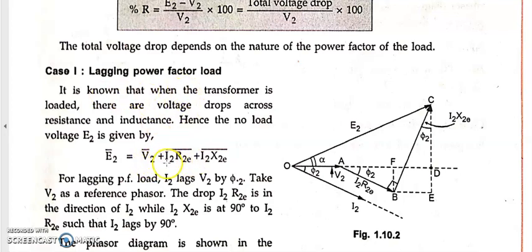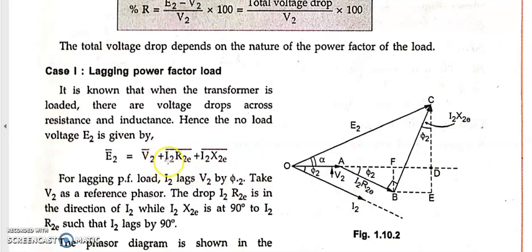We know that a lagging power factor is there, and obviously I2 should lag V2 by a certain angle. Yes, because lagging power factor is nothing but an inductive load, and current lags voltage by a certain angle. After drawing V2, I have drawn I2 over here, believing that the phasor is rotating anti-clockwise. So V2 is ahead and I2 follows V2, lagging by a certain angle phi 2. You can draw any angle here and mark it as phi 2, any length like this.